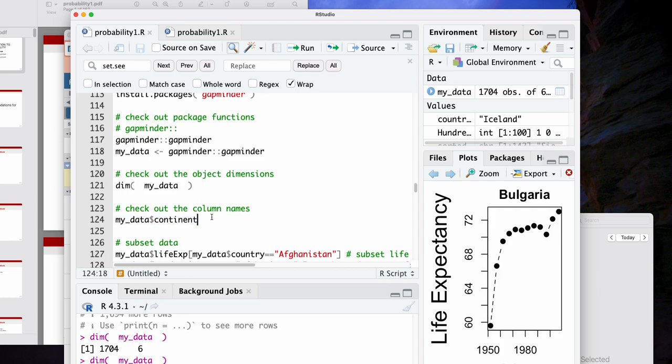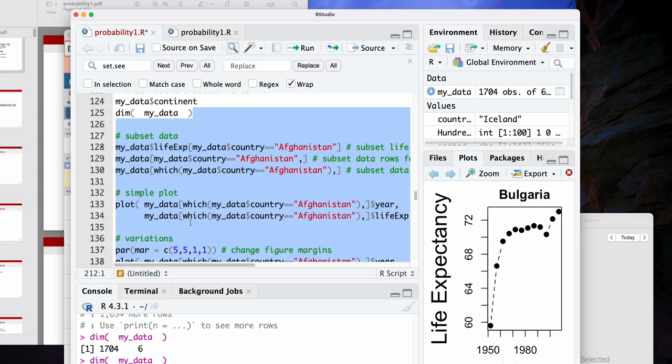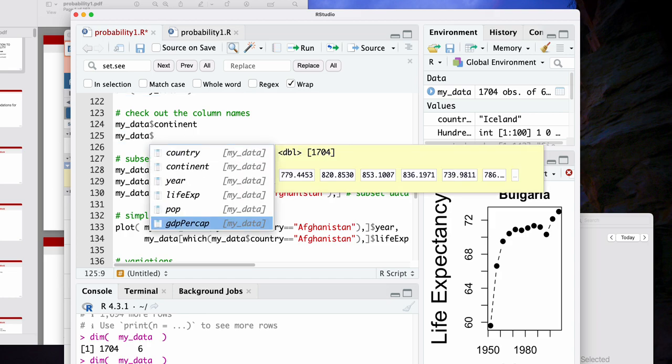You can also check out the column names. Another tool of the trade is the following. Just like before, when I looked at the functions that were in that package, now I can look at all of the columns in the data set, and I can get a window into them by using the dollar sign and then the column names. I can move through them and peruse them, and I can see what values the different entries take on.